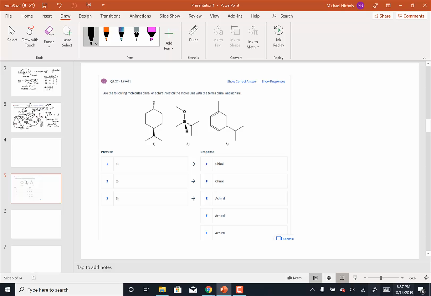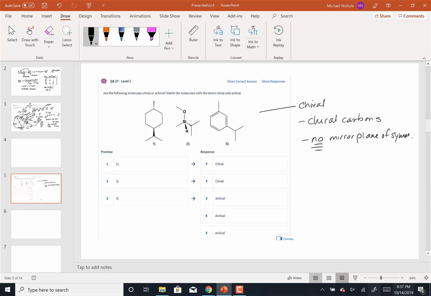Well, first of all, for the overall molecule to be chiral, it's going to need to have chiral carbons and no mirror plane. No mirror plane of symmetry,